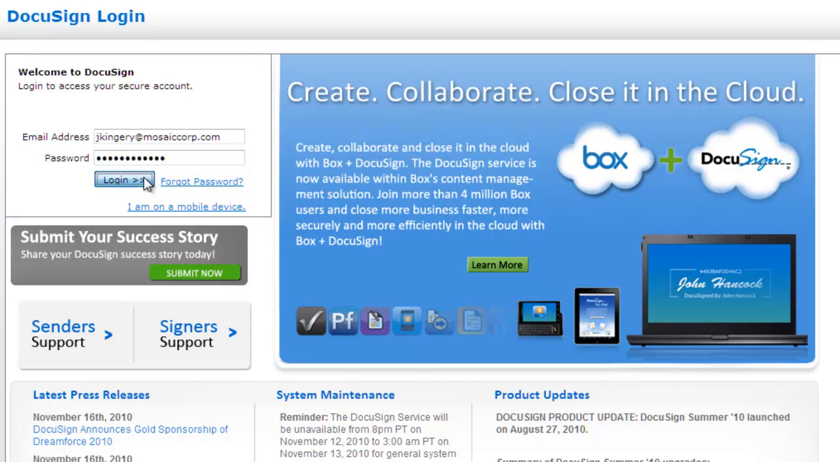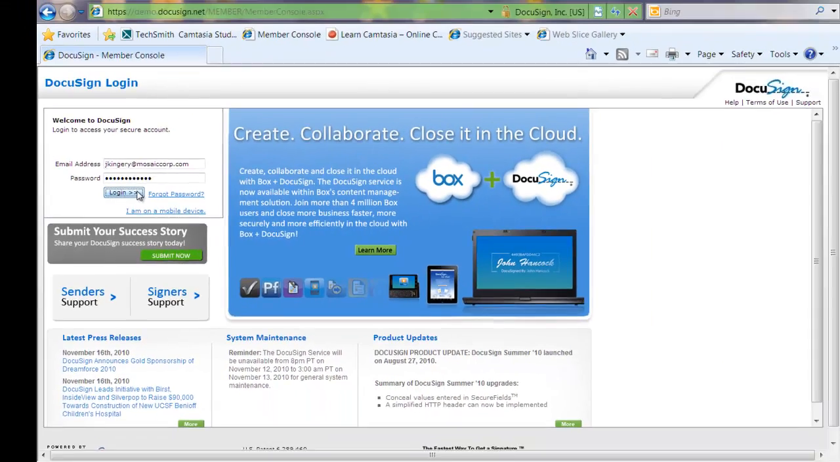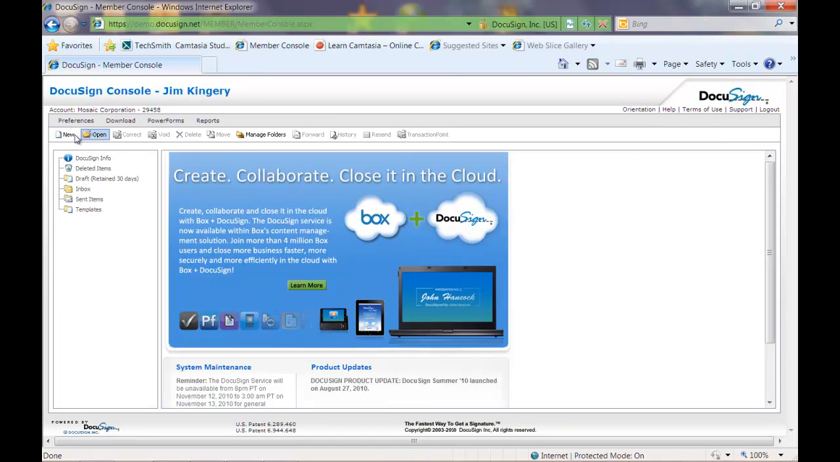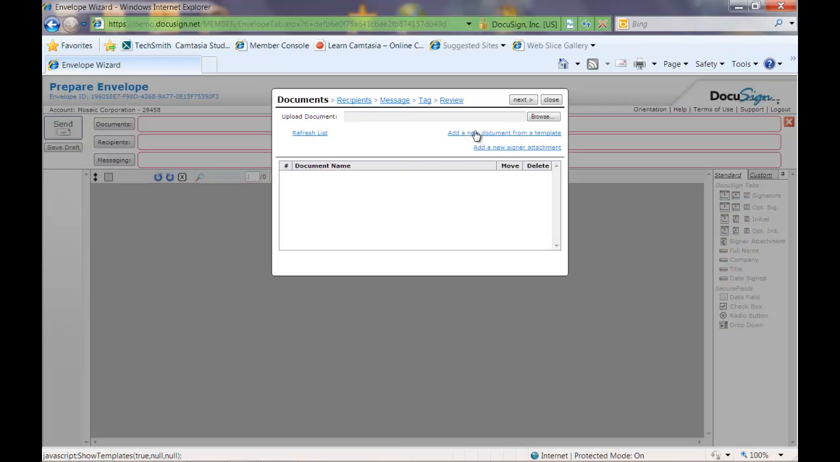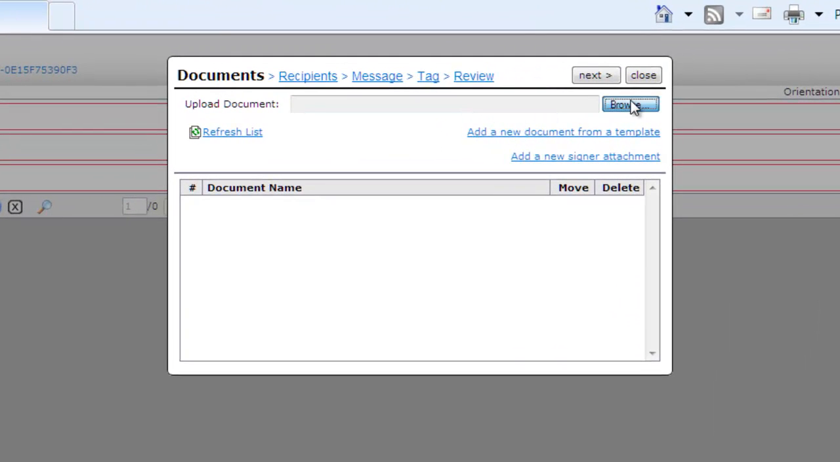As you can see, we're already logging into DocuSign. You use your email address for your username, and you use your favorite password as your password. Once you are logged into the site, you're given the opportunity to compile a new envelope. The envelope is a document or collection of documents that you'd like to pass around for